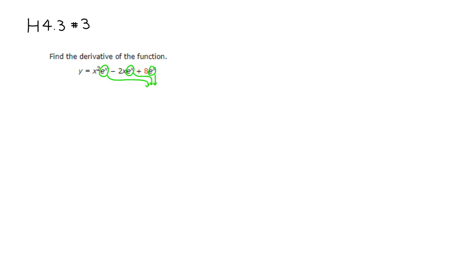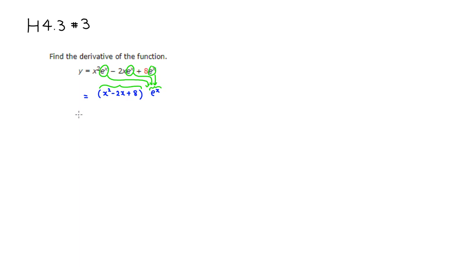So we can write it as e to the x pulled out. What's left over would be x squared from the first term, minus 2x from the second term, and then you have a plus 8 from the third term. Now we have two things multiplied together here, so I'm going to use the product rule to take the